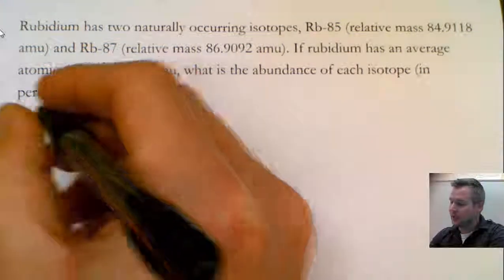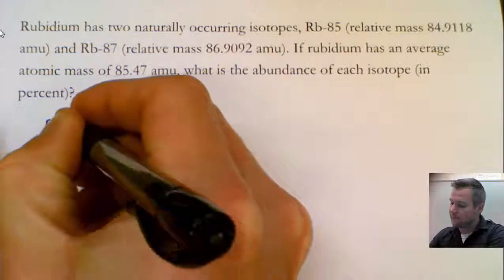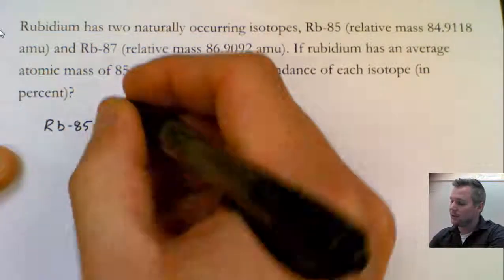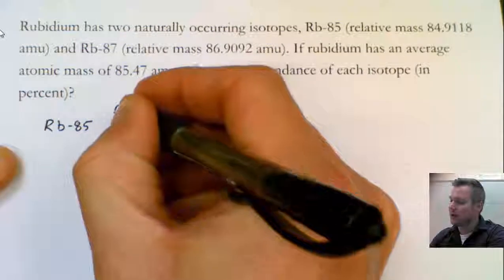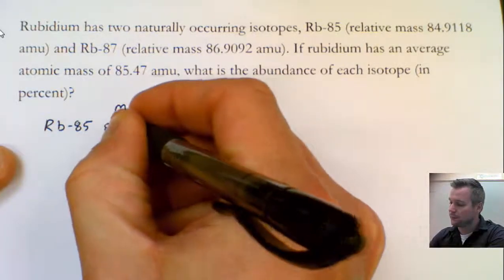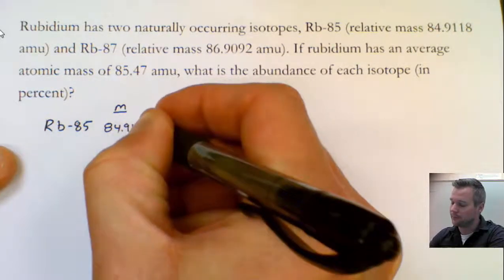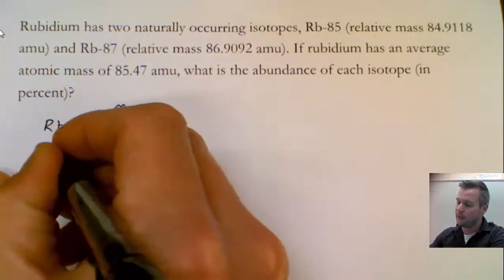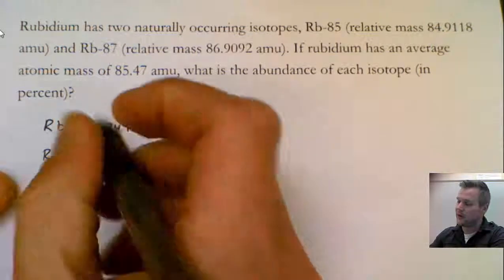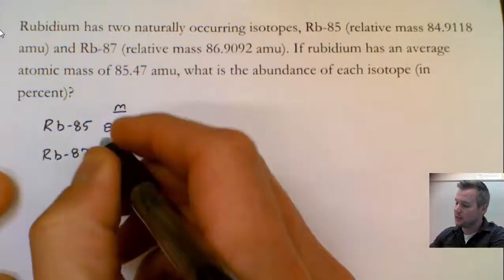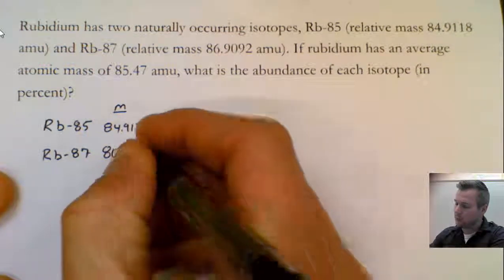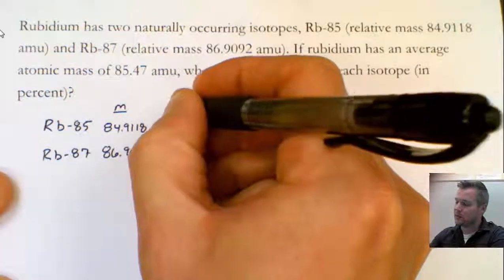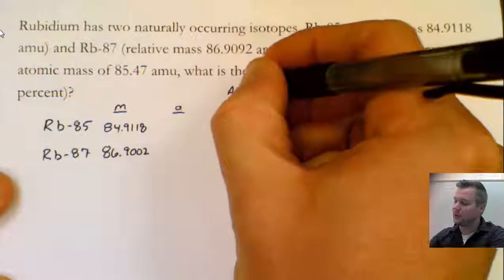We're going to have rubidium 85. So you can see I'm starting out by staying organized, and I'm going to write down its mass. So here's my mass column, which is 84.9118. And then I'm going to continue reading, and I see that I also have rubidium 87. That's provided to me in the problem, and its mass is 86.9002. Now we're also going to have an abundance